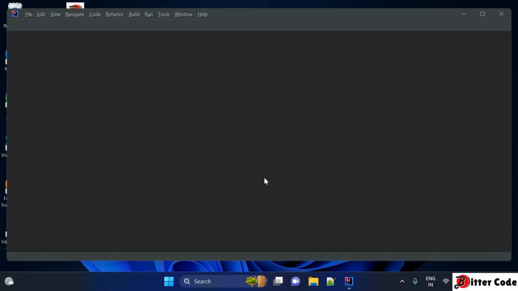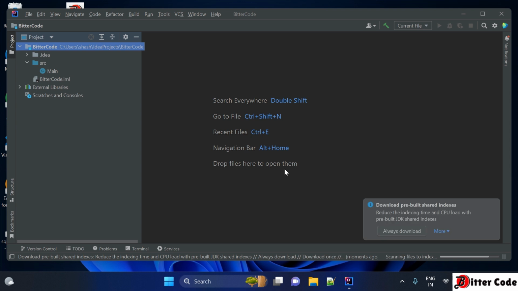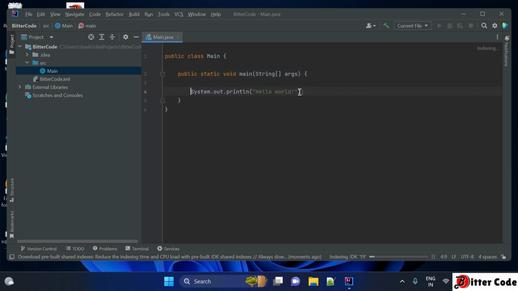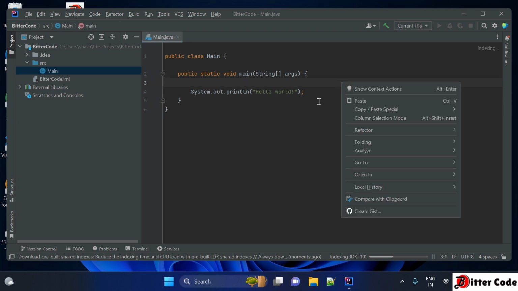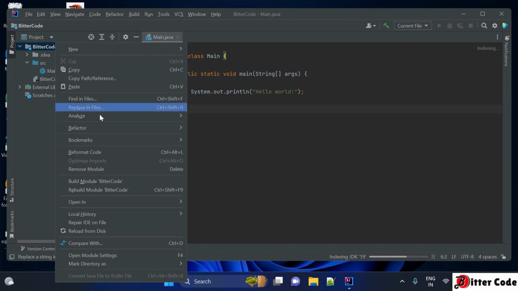Once you click on create, you can see one file has opened, and this is the main file. You can see the project has been created, and one main file is also available there. Here, a hello world program is also written there. So now you can run this project. To run this project, you can just right click on the project, and